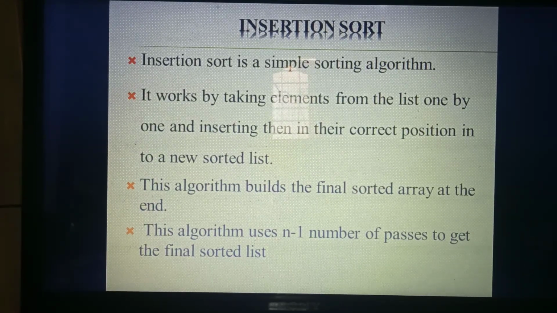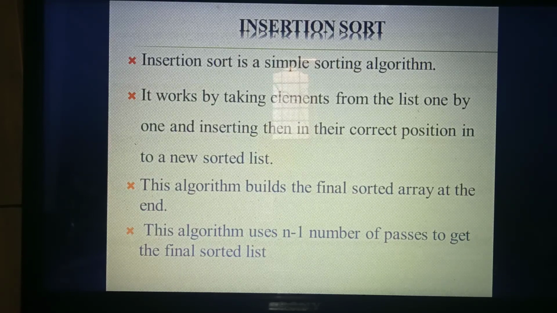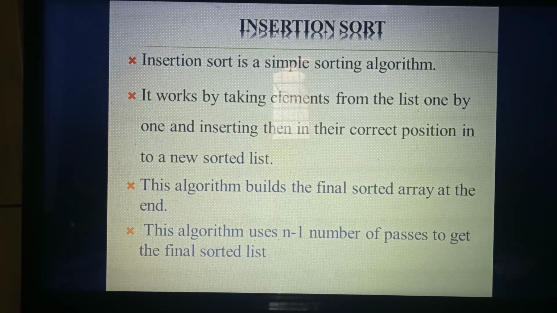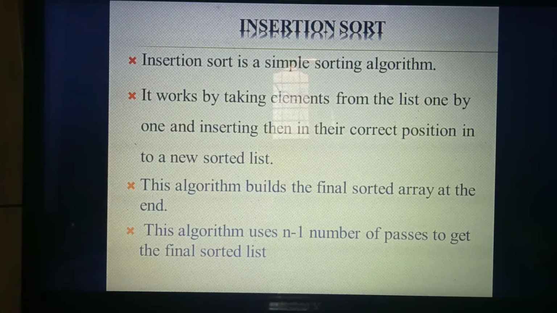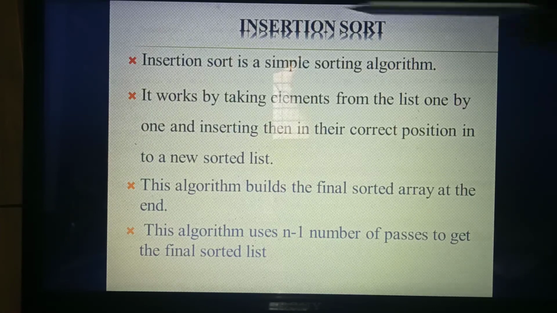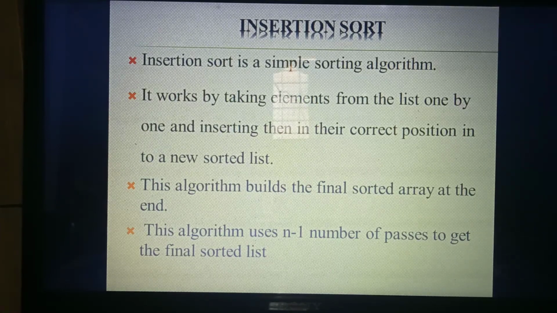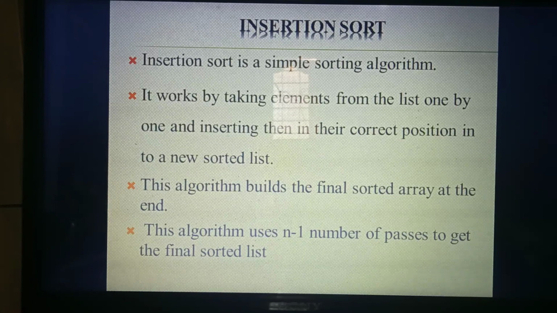At the beginning of this chapter, I explained in a tabular column what you mean by search, insert, and update. Insert means you are going to insert one element in a particular place of the list. That is called insertion. What do you mean by sort? Sort means arranging the elements in the list in some order, maybe ascending or descending. That is sorting. So in insertion sort, you insert the element and, based on that insertion, sort the elements.